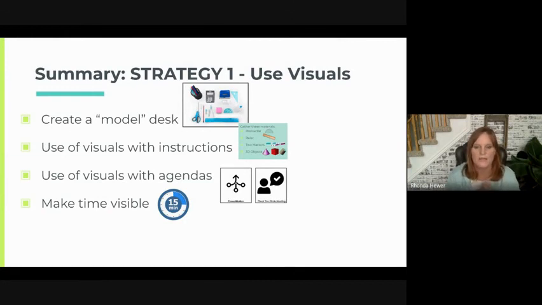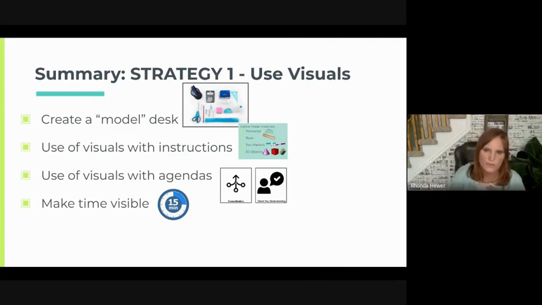Make it really easy. Use visuals, as many visuals as you can possibly get, and connect it to the words and your verbal. A great strategy that some of our grade 9 teachers use, a little tricky right now during COVID, I understand that, but when we get back to normal times, or if you do have a spare flat surface in your class, they'll create a model desk right by the door, and they'll put the materials that the students need on that desk, like lay it out like this, and then the students know they have to go get those materials for their own desk.